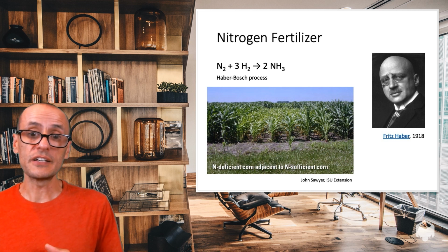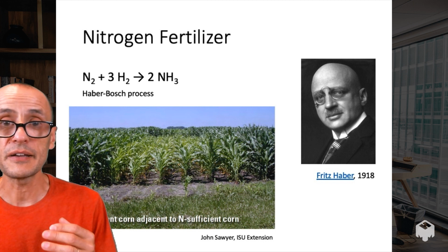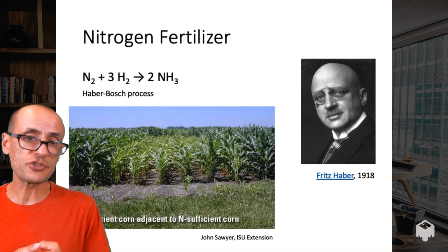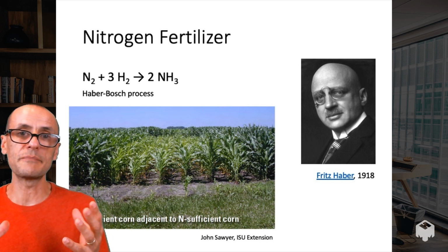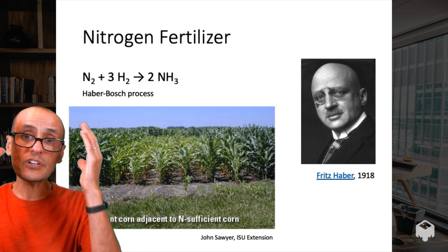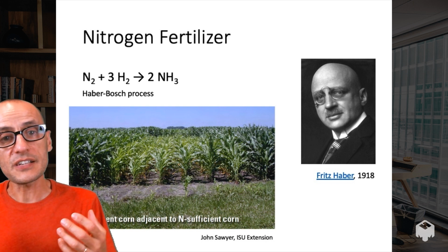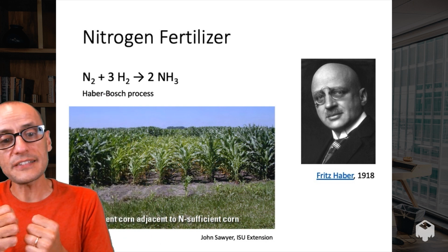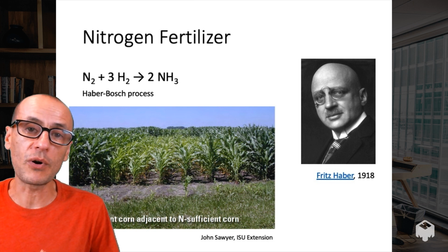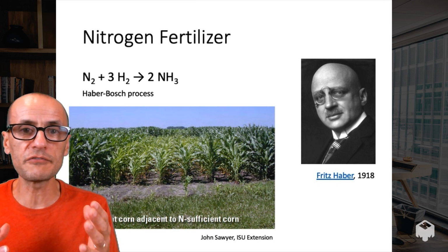first and foremost, the development of inorganic fertilizers. One of the key limiting factors in the production of agricultural products, plants in particular, is the limitation of nutrients. Nitrogen in particular, phosphorus, potassium, those are kind of the big three. Most of the nitrogen that exists in our biosphere actually occurs in the atmosphere as nitrogen gas. Fritz Haber, at the beginning of the 20th century, developed a process whereby he was able to take nitrogen gas and convert it into an inorganic form that was accessible and usable by plants, that could be absorbed by plants. This completely revolutionized agriculture by overcoming one of the key limitations of production, and that is